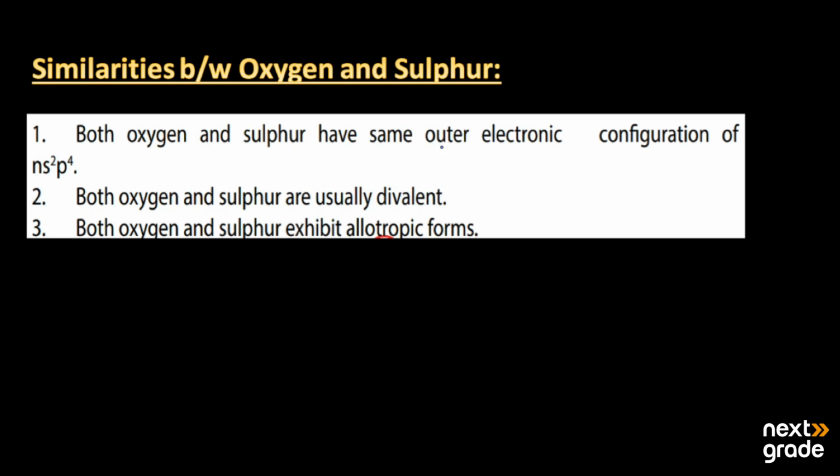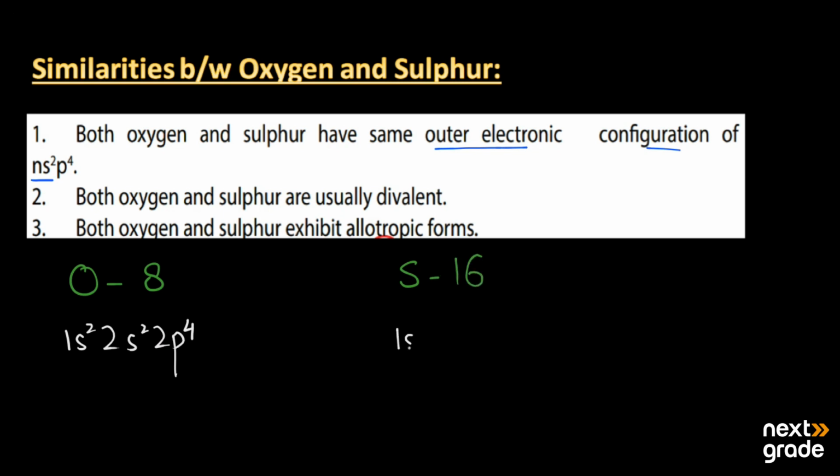Both oxygen and sulfur have the same outer electronic configuration of the valence shell, which is ns2 np4. If we talk about oxygen, its atomic number is 8 and its electronic configuration is 1s2, 2s2, 2p4. And sulfur's atomic number is 16, with electronic configuration 1s2, 2s2, 2p6, 3s2,